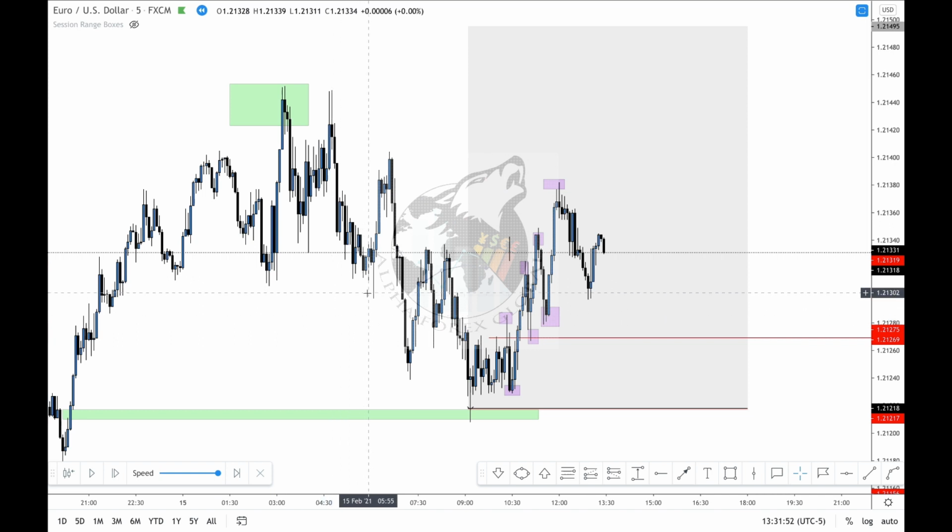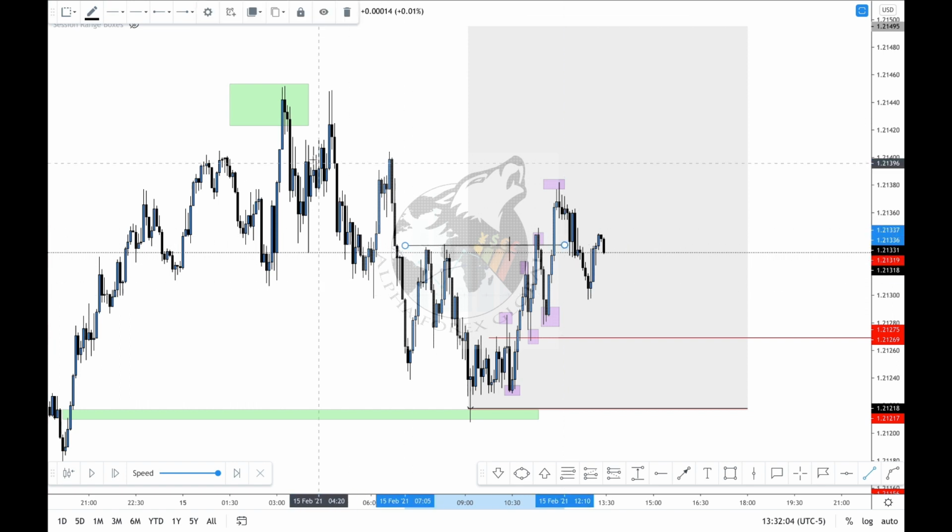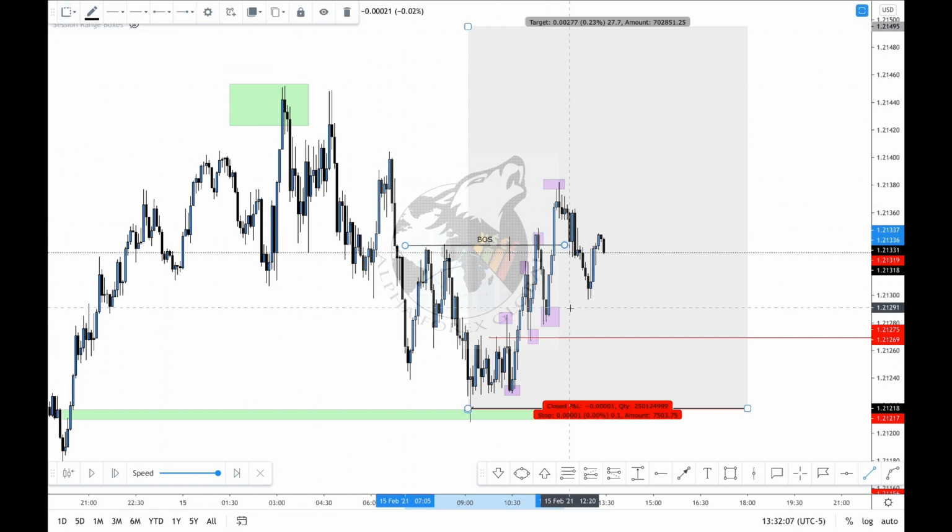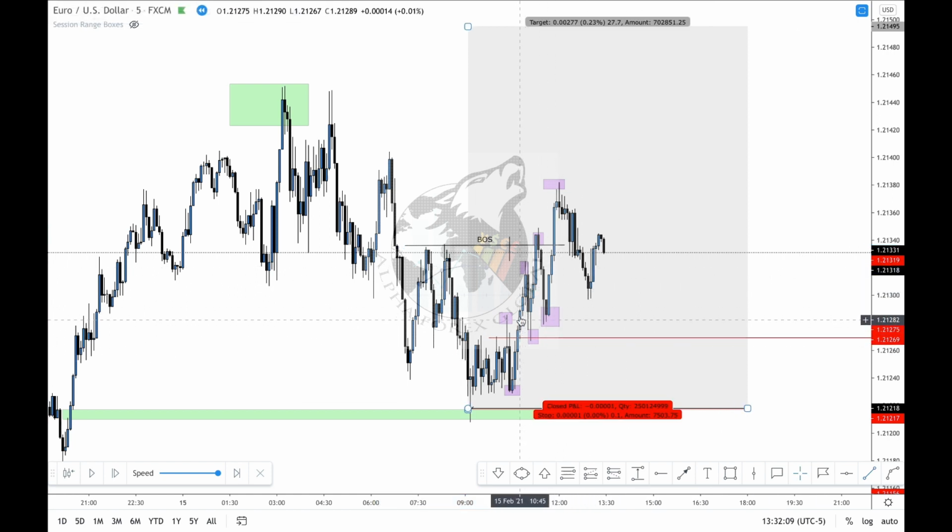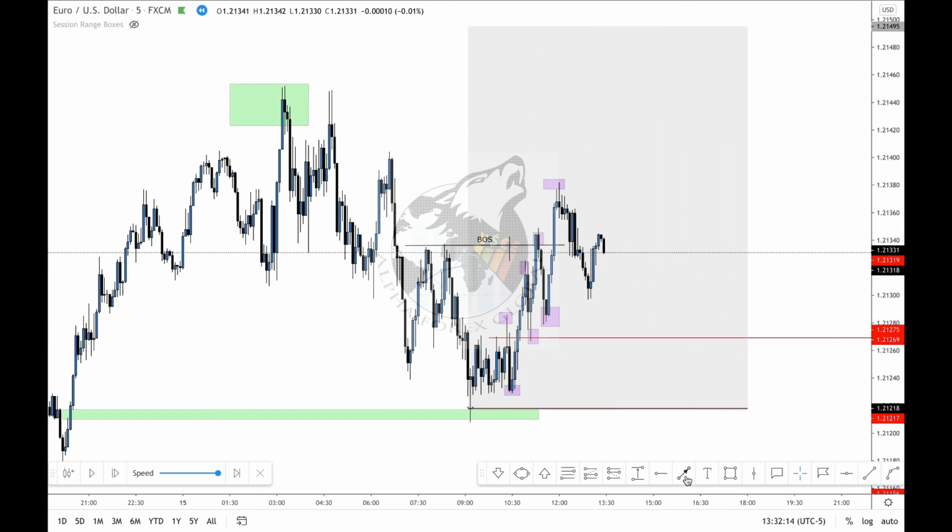But bear in mind, this 15-minute structure here has just been broken. So all of this trend is just a trend on the 5-minute time frame. What about the 15-minute trend? So the 15-minute trend should be looking something like this. So the market came, market broke structure. So obviously the market is going to come back to at least discounted price to continue that 15-minute trend. So this is it,